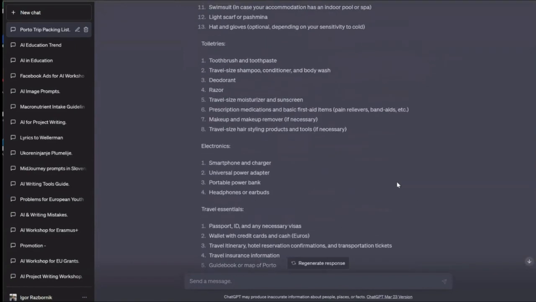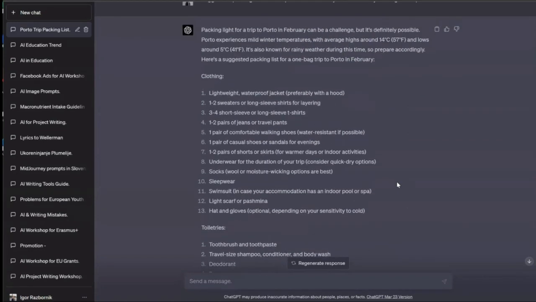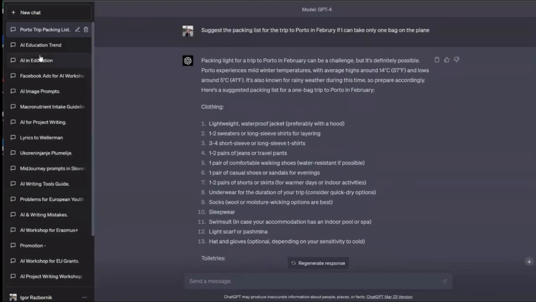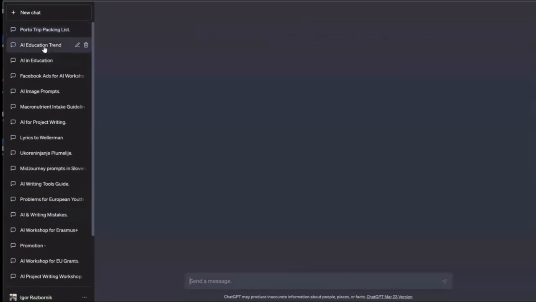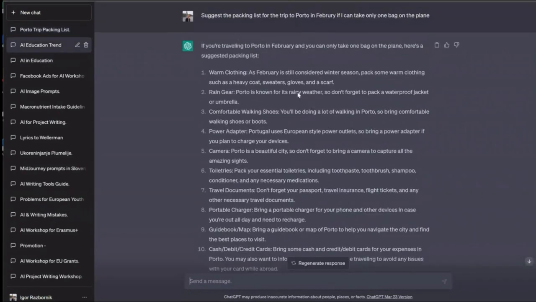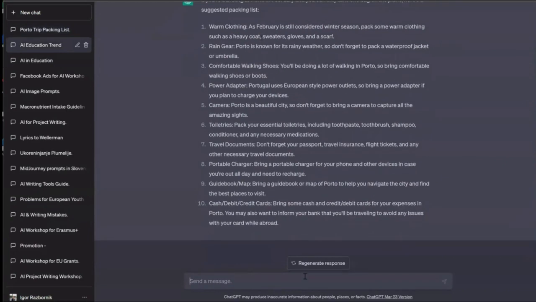Really, let's say that this is a really good packing list. If I see that in the 3.5, it's very short. That's why 4.0 is something you need to consider when you really start to think out of the box for creating artificial